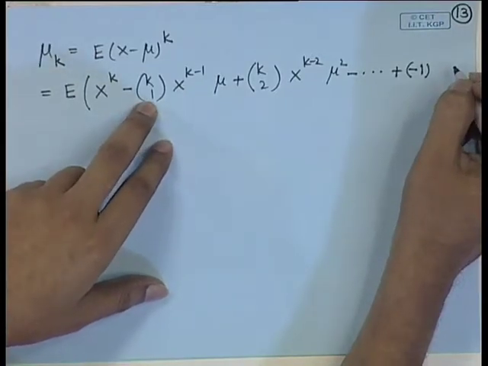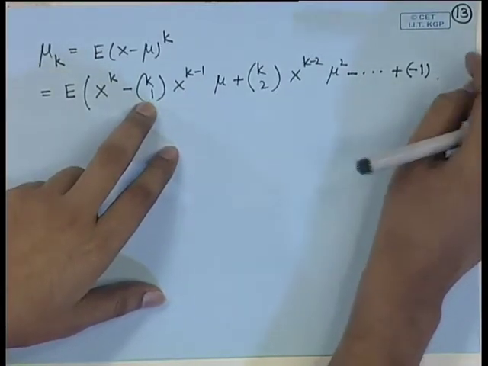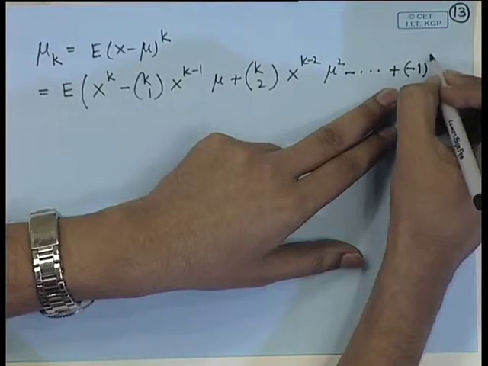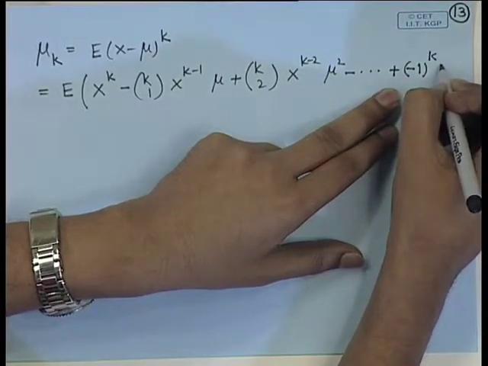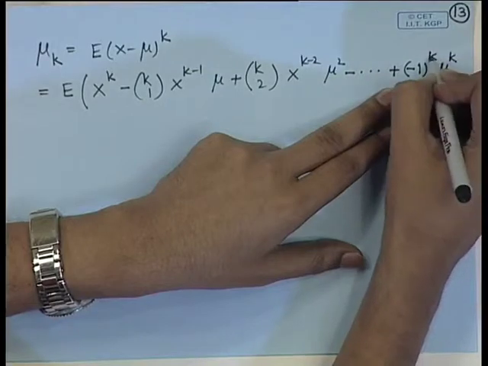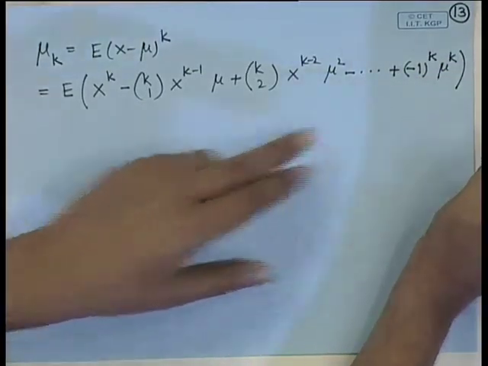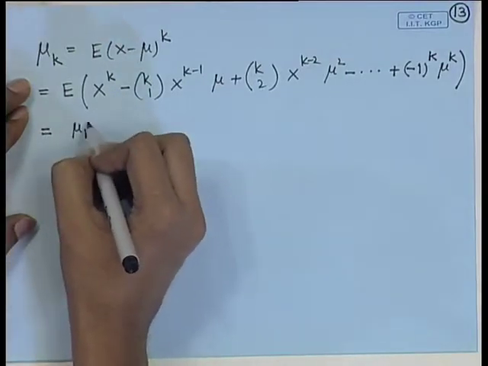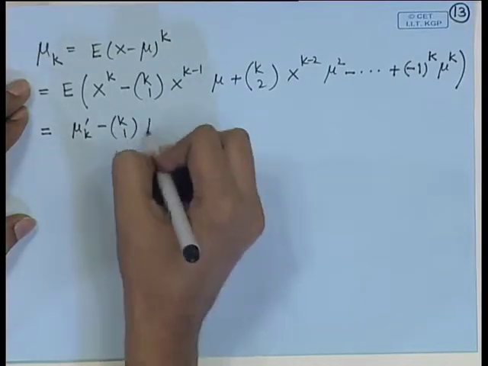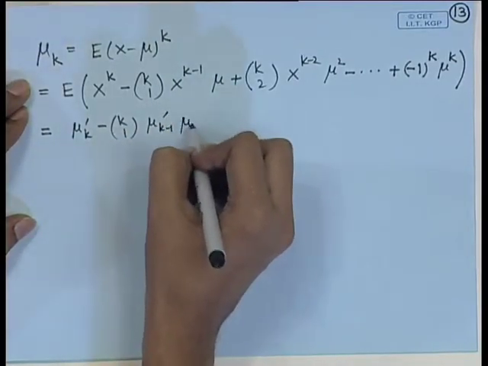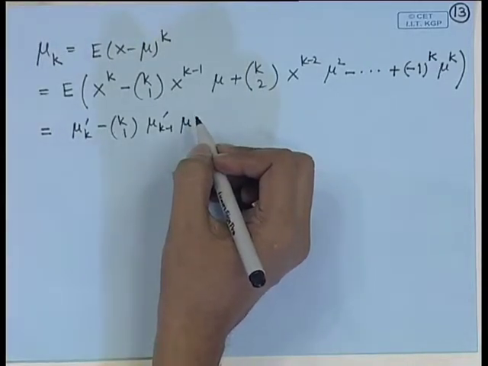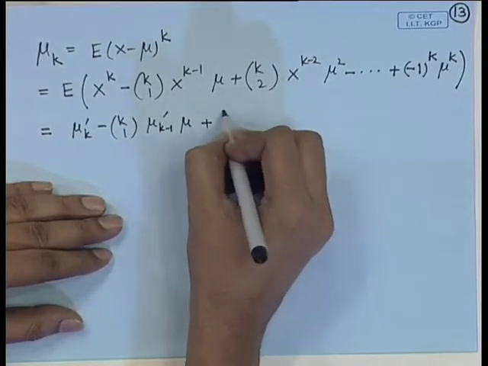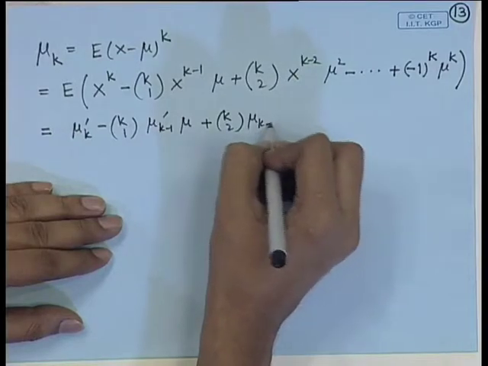So, the last term is k c k, and you will have minus 1 to the power k mu to the power k. So, if you look at this, it becomes mu k prime minus k c 1 mu k minus 1 prime into mu plus k c 2 mu k minus 2 prime mu square